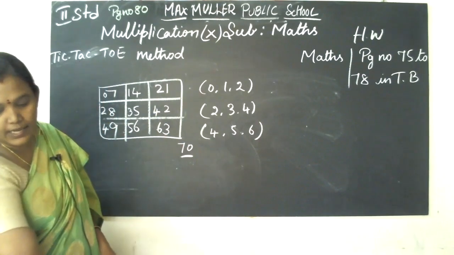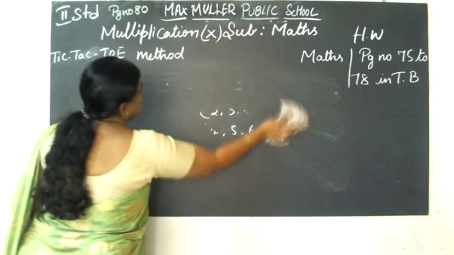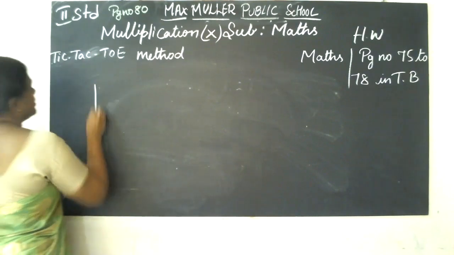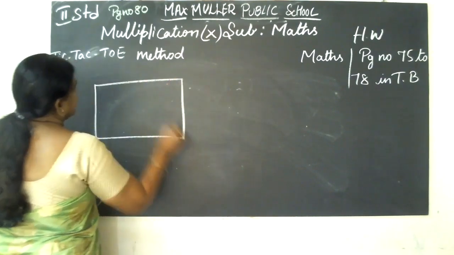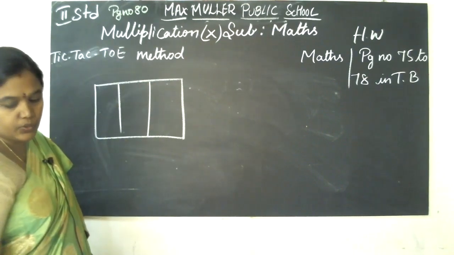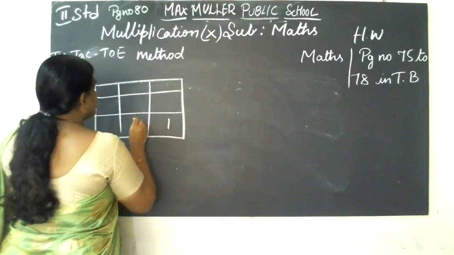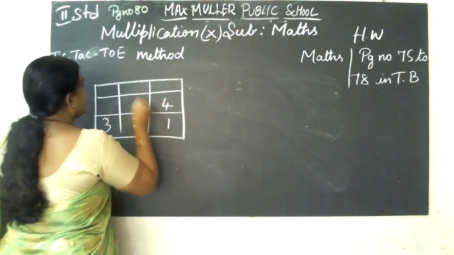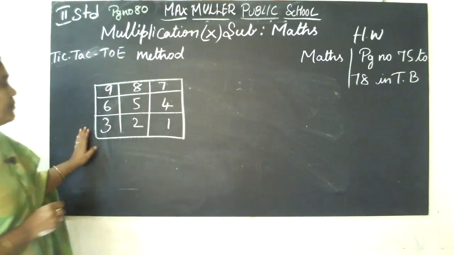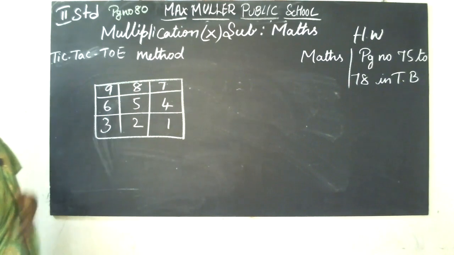Like that only, same for the 9 tables. Now we will finish the 9 tables also. Write 1 to 9 in the order shown. See here. 1, 2, 3, 4, 5, 6, 7, 8, 9. For the 9 tables you want to order like this. You want to write 1, 2, 3, 4, 5, 6, 7, 8.